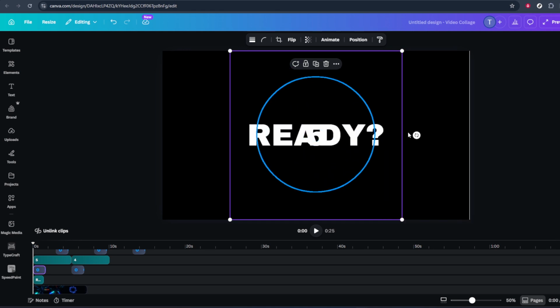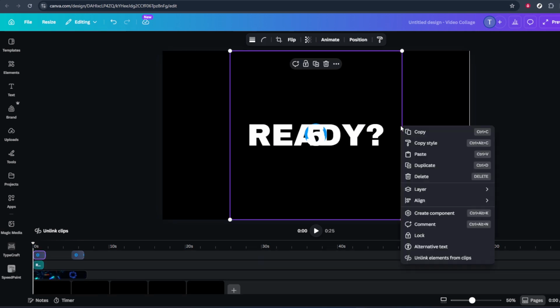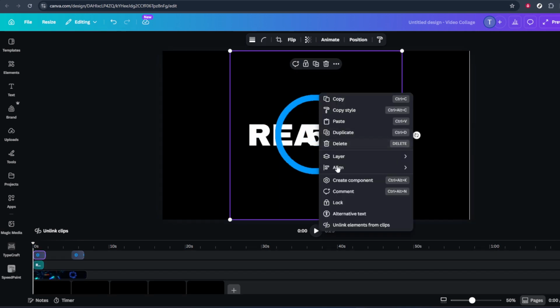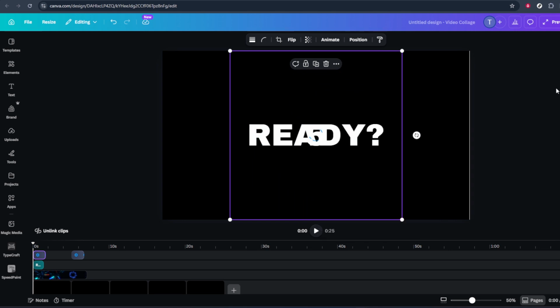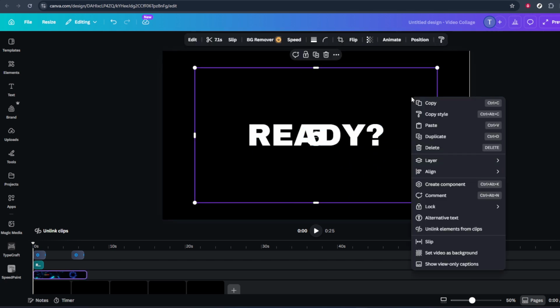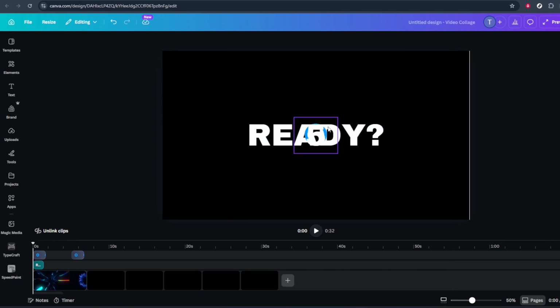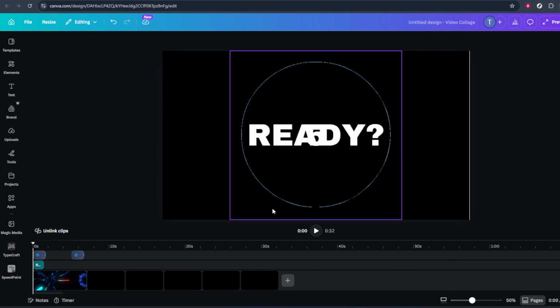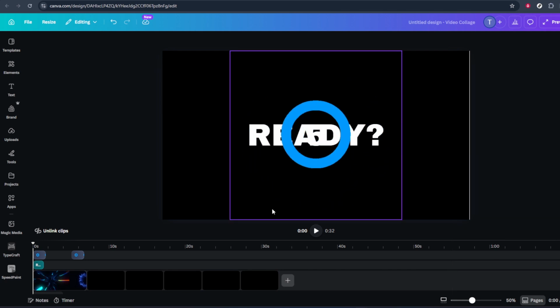After detaching, you can click and drag the video to reposition it anywhere on the page. You might want to add a solid color, a gradient, an image, or even another video behind it to create a unique look. If something doesn't look right, you can always undo your last action using the undo button at the top of the editor. That's all there is to it. By clicking on the video page, selecting your video, right-clicking, and choosing Detach Video from Background,